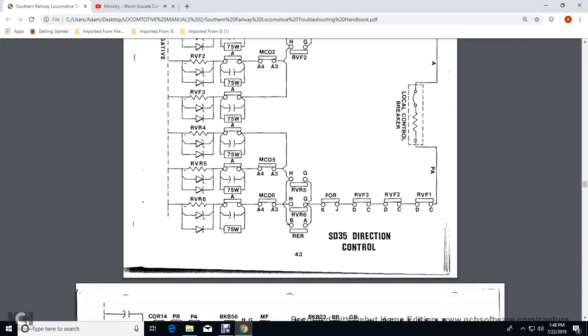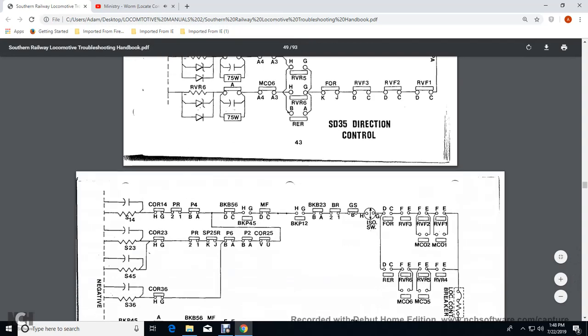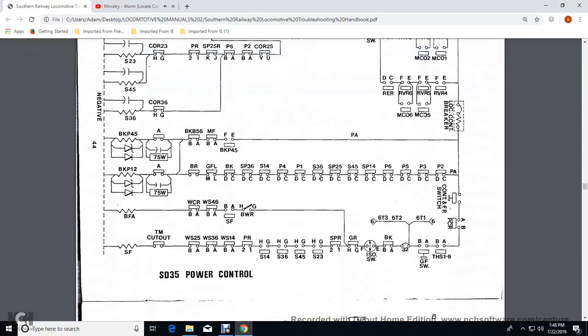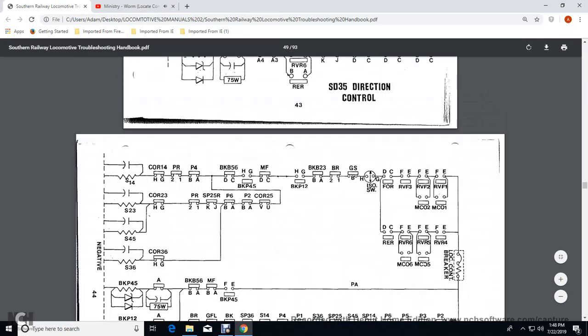Reverse directional relay, forward, reverse, reversers in these 3-1, local control contactor, local control breaker, and power control, motor cutoff switch, reversers, reverser relays, reverser forward, reverse relays, ground switch, isolation switch, braking switch, motor fuel,